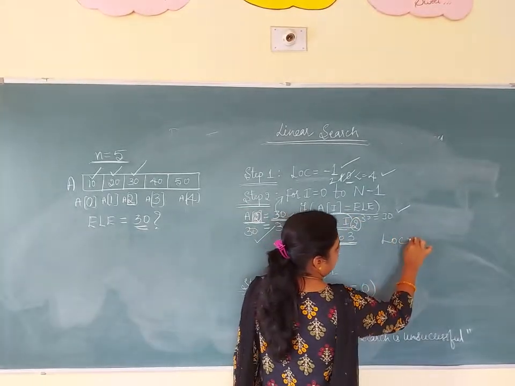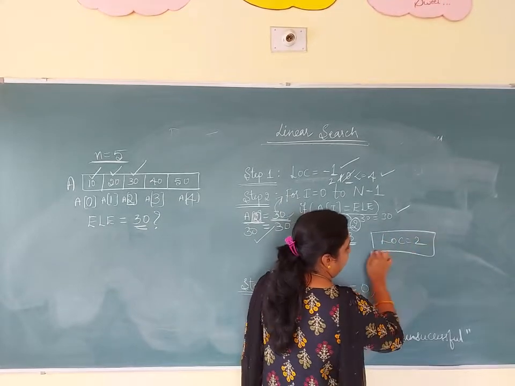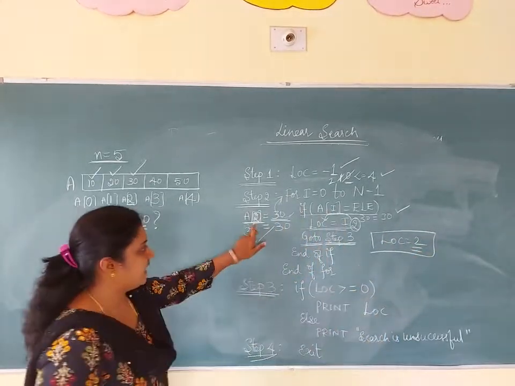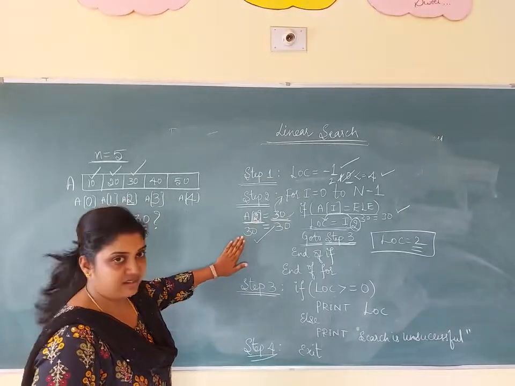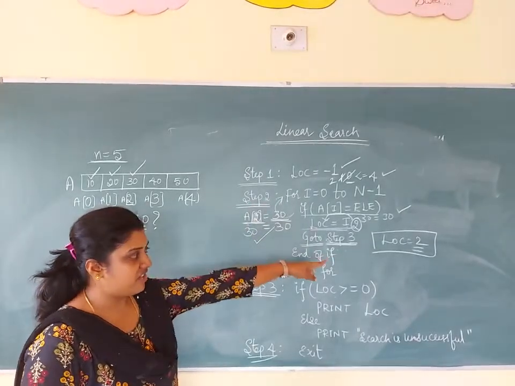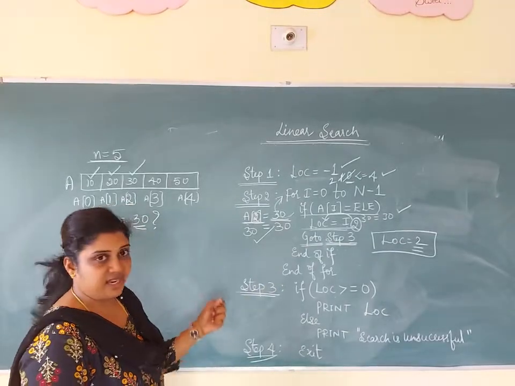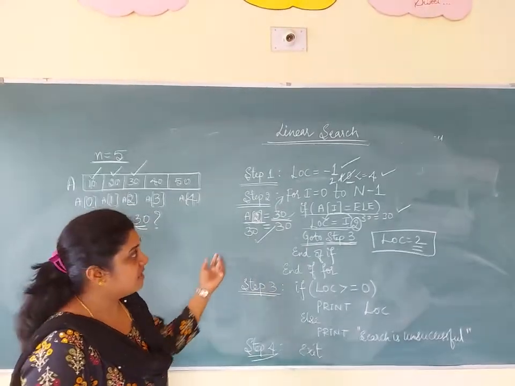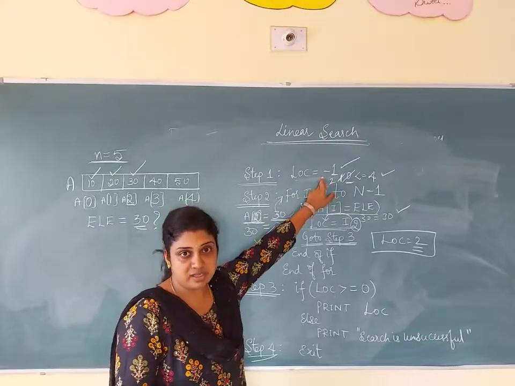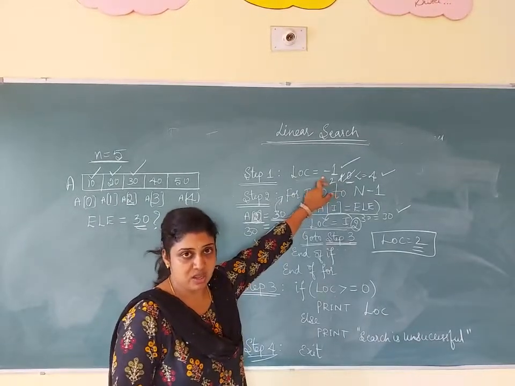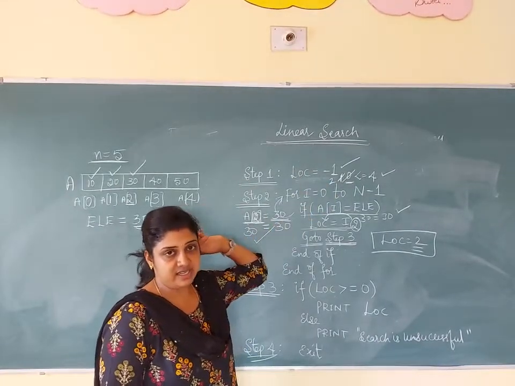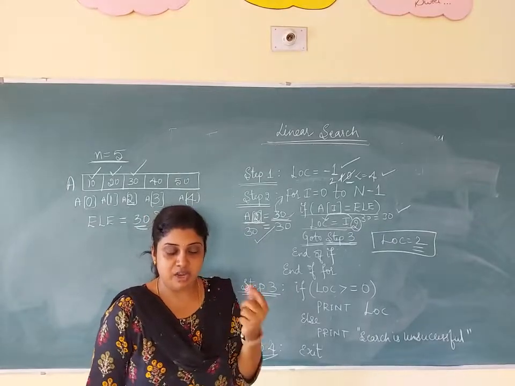Now the location is equal to 2. How do we get 2? In the second position the element 30 is present, so my i value will become 2. Initially we don't know where exactly the element 30 is present. That's why here I have taken -1, because we don't know the position. Now after inserting the data items, it is present in the position 2.